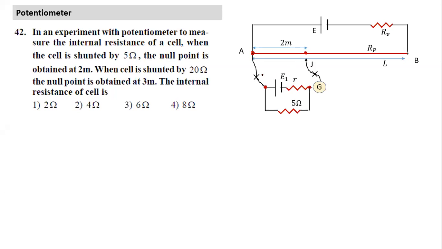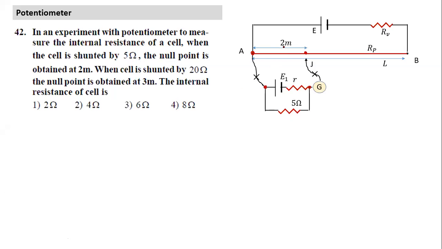And when these currents are zero, it means the potential difference between this and this is equal to the potential difference between this and this. This potential difference can be calculated along this path, or it can also be calculated along this path. Any of these 2 paths can be used. So it is a fairly simple calculation. All the rest of you should also be easily able to solve. So what is this 2 meter equal to?